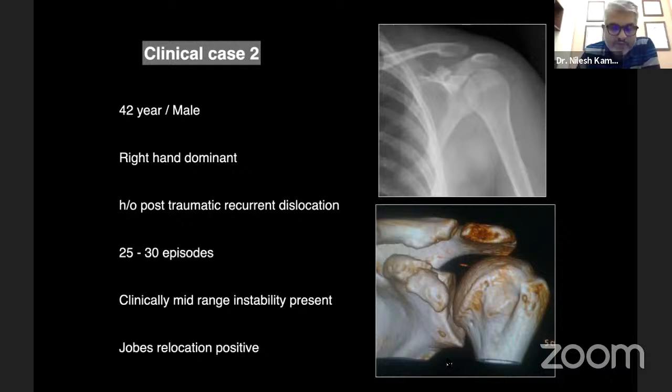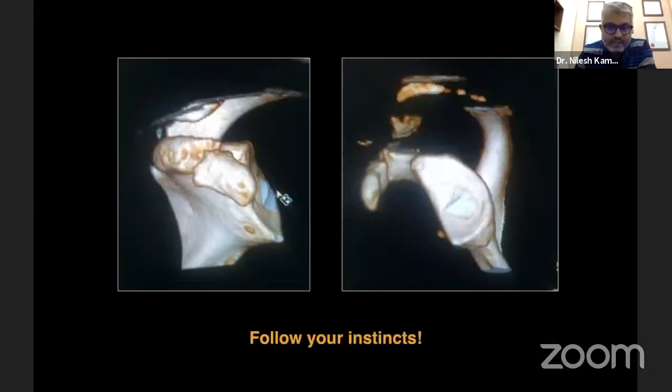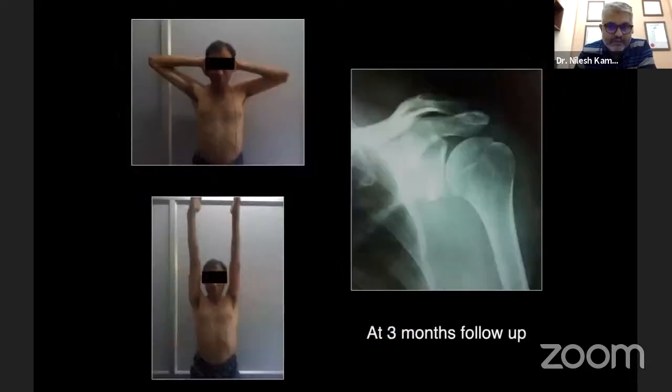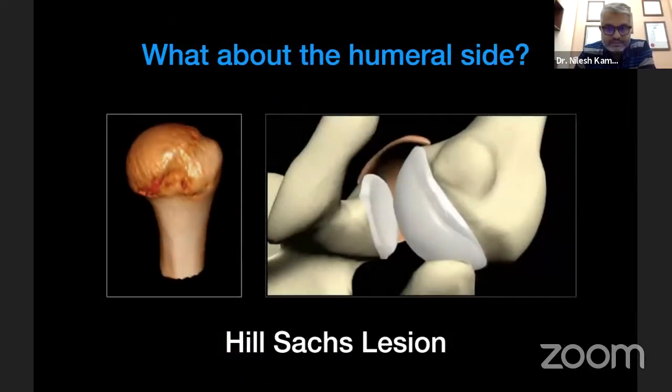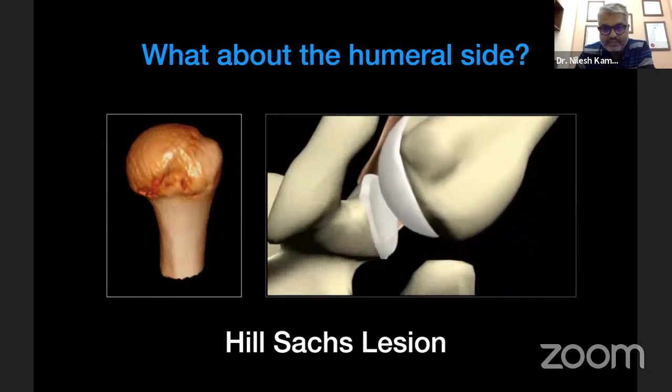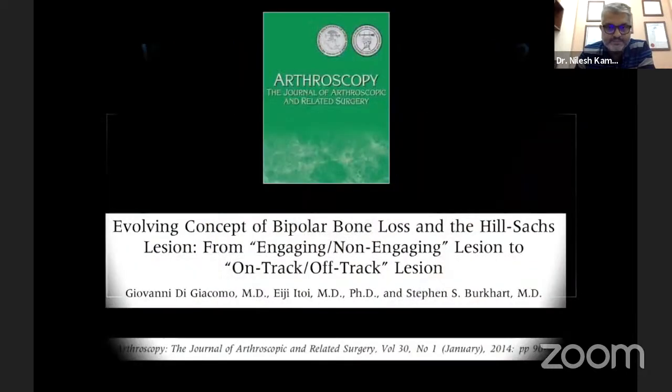I was hoping for a glenoid bone loss, but the radiologist said that no, on this view, this is all that we can see. And then when you request for an on-face view, you can see that there is significant bone loss out there, and this is not amenable to an arthroscopic procedure. He went ahead and did a conventional French type of Gilles Walsh technique, Latarjet, and he was back to full function. What about the humeral side? I think Vivek is going to talk in detail about the Hill-Sachs lesion, so I'm going to skip that at this point. But what we need to understand is that the glenoid loss is not a solitary loss.